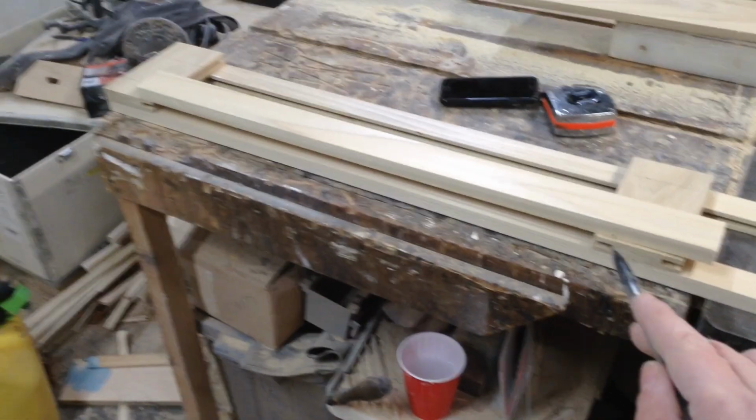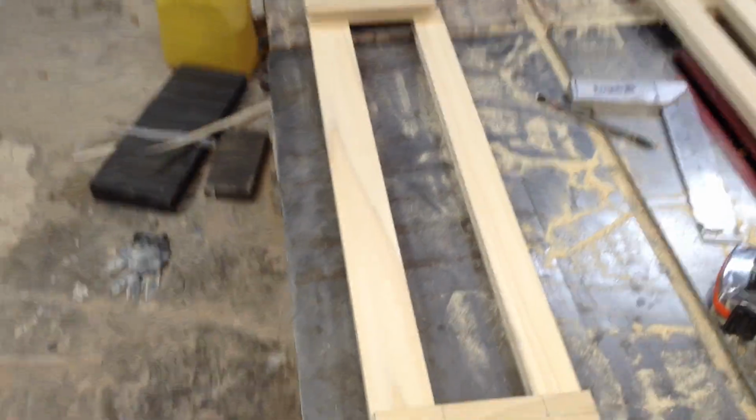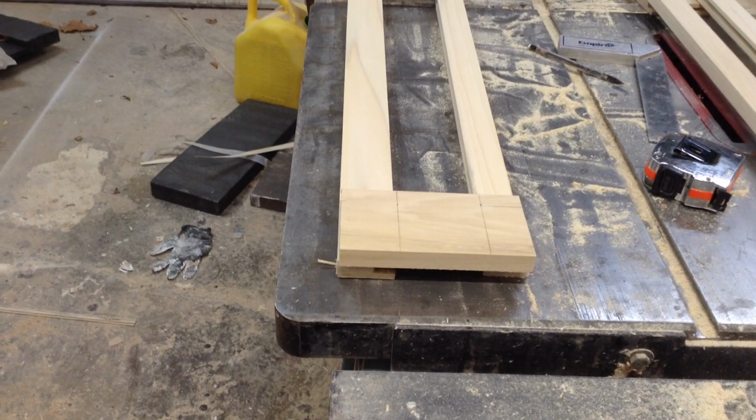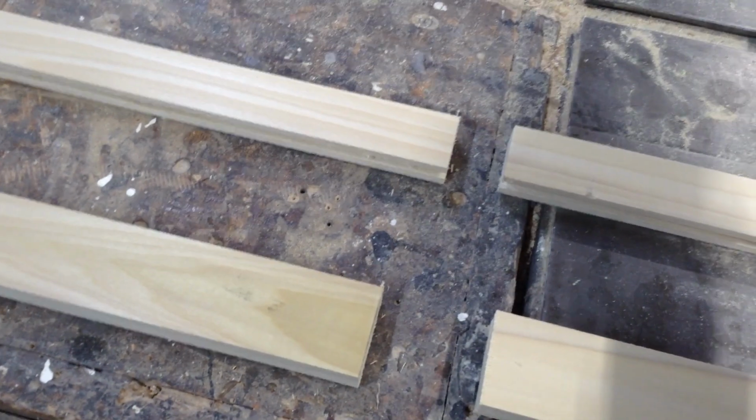They're all going to be the same length, and then once those are all cut, I can put the tongues on there and everything will snap together in place. So that is also what that looks like. So like I said, I'm putting the tongues on my partitions for one, and then the tongues on my long